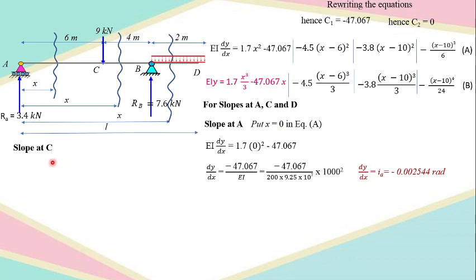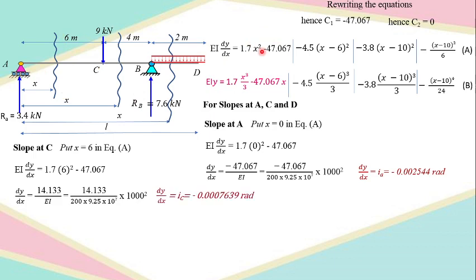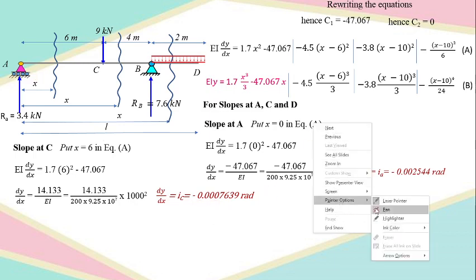Second, we have to find out the slope at C, means at x is equal to 6. Put that value; from x is equal to 0 to x is equal to 6, the first section is valid, so take only the first term. Put the value of x is equal to 6. Simplify it. Got the value of slope at point C, that is equal to minus 0.000763 radians. And why minus? Because it is rotating in this fashion, means this deflection is going to occur in a clockwise sense. That's why this value is coming out to be negative. I hope you are getting this particular part, what I said right now.